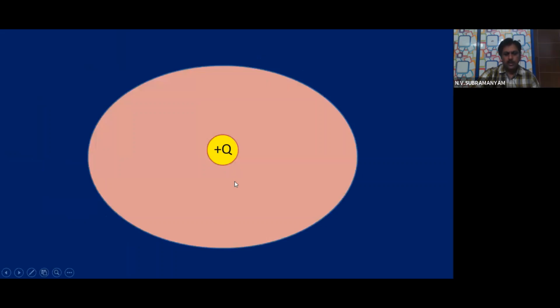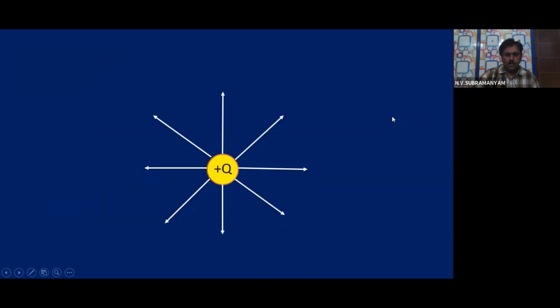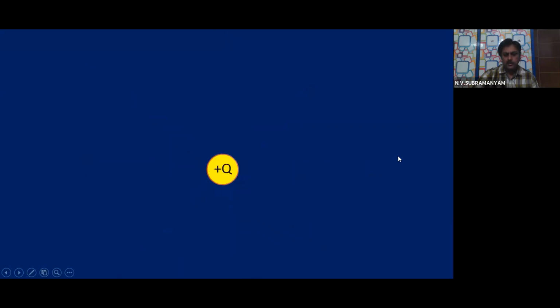Let us move on with a small topic for the concluding part. For that, see what you are seeing at the center of the screen? Plus Q charge. This is the electric field of the plus Q charge. We know we show it like this only, the space around the charge where its influence is felt. Now, you have studied about this already in your unit 4. What are these lines? Divergent lines from the positive charge. Field lines.